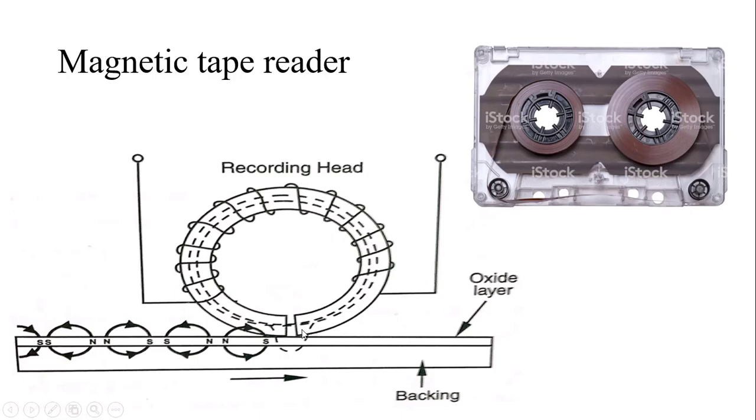Fine. Like we are listening to songs according to the magnetic tape, A side or B side, similarly we are reading the data through the magnetic tape onto the CNC machine. Clear? So these are the older type of tape readers. Nowadays we do not use any punched card, punched tape or magnetic tape. We now use CNC machines which have a computer that can read the data very easily, very fast, very reliably, and is the most advanced, most flexible type. Clear? So these are the older type of readers.